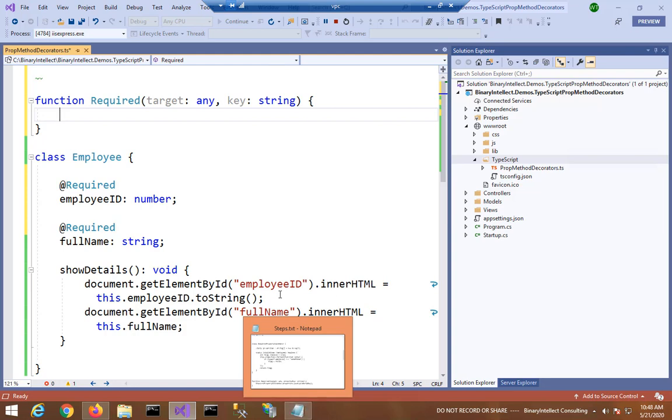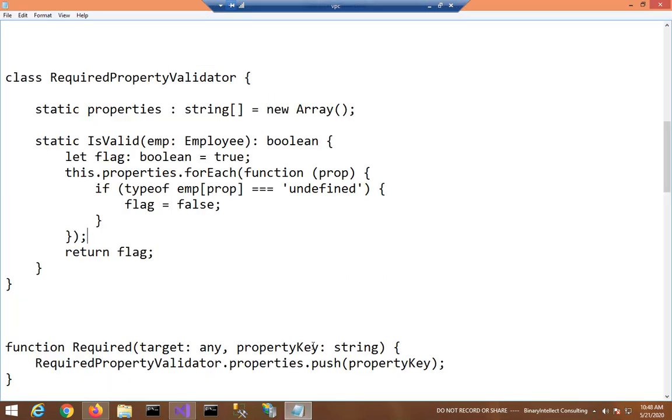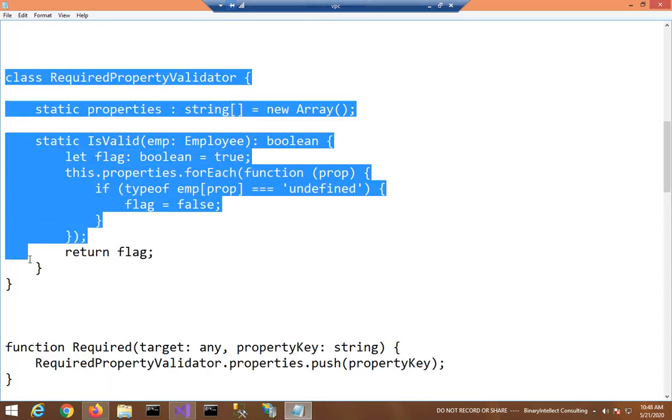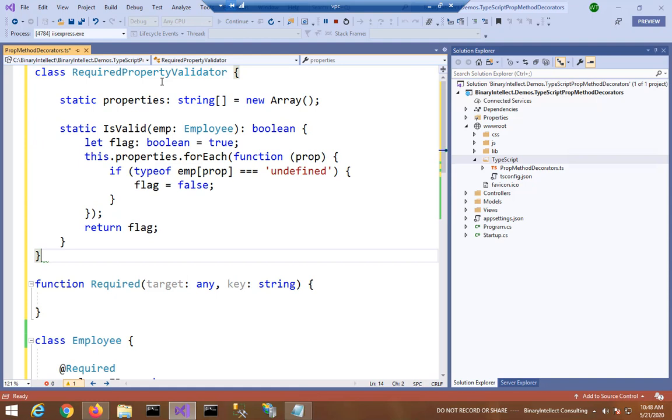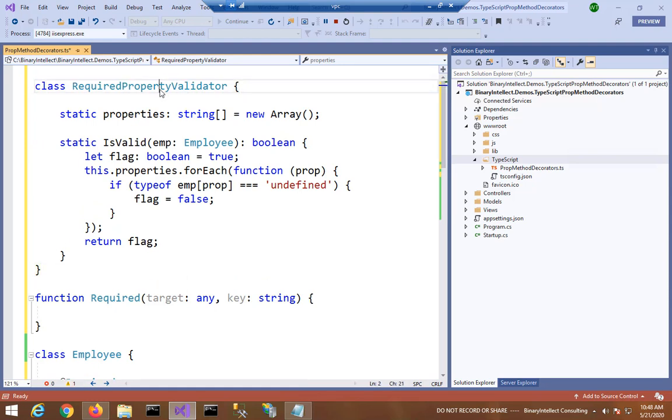So we need a separate class. I added a class called RequiredPropertyValidator. This class has a static property called properties.